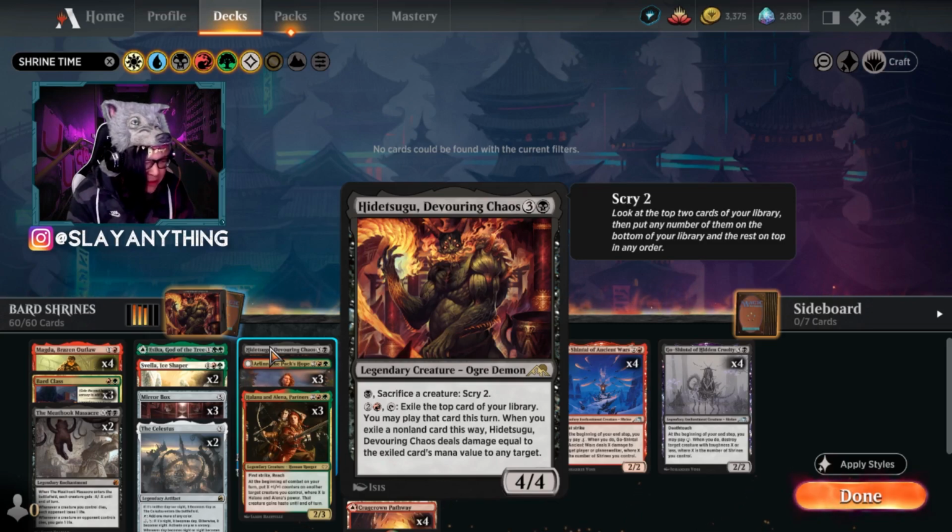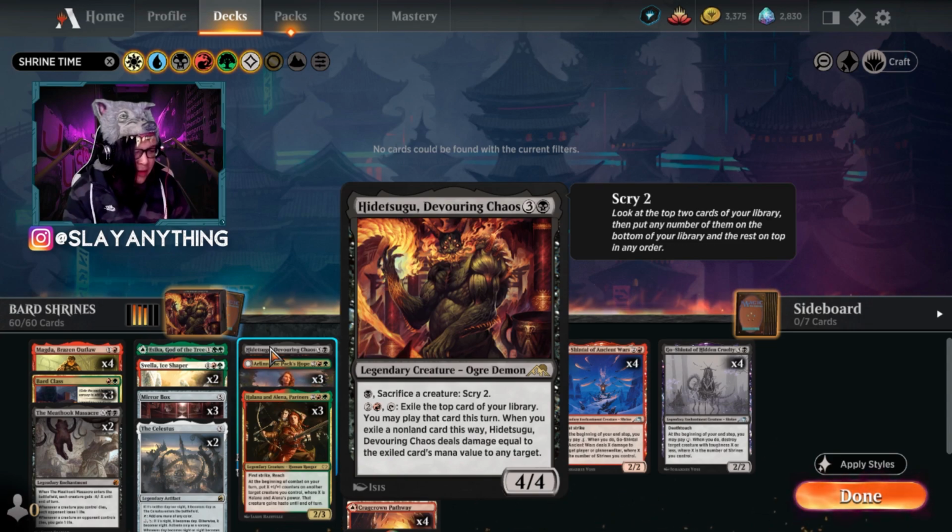The one card that I wanted to throw into this deck that I've really been wanting to try out is this card Hidetsugu, Devouring Chaos. This is a 4-mana 4/4 with an ability that says 1 black, sacrifice a creature, scry 2. Its other ability is 2 colorless, red, tap, exile the top card of your library. You can play that card this turn. When you exile a non-land card this way, Hidetsugu deals damage equal to that exiled card's mana value to any target. So we're not playing that many expensive spells, so we could do up to 4 damage to any target,